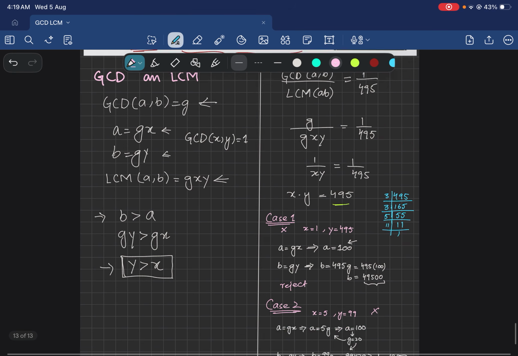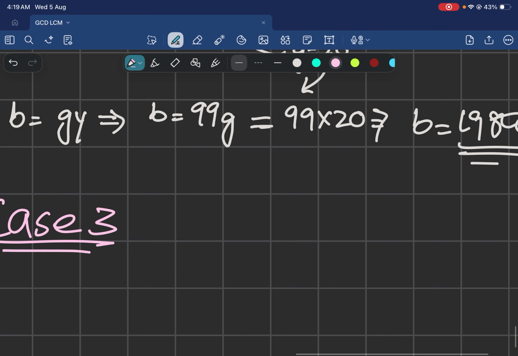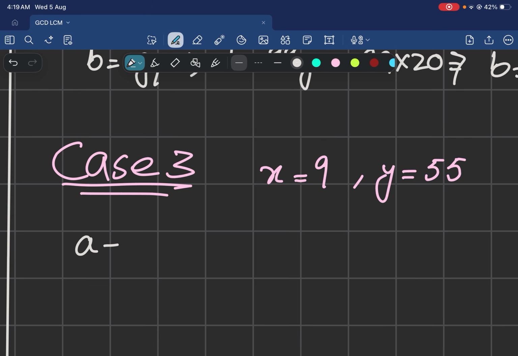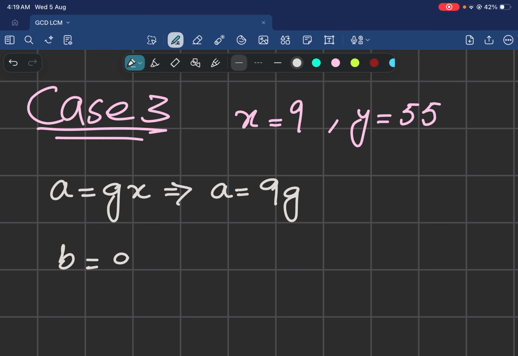So, looking at case 3, we can make case 3 as this and this, because this would be 9 and this would be 55. They are both co-prime and their product equals 495. So x is equal to 9 and y is equal to 55, right? So a is equal to g times x, we know that. Therefore a is equal to 9g, and b is equal to g times y,